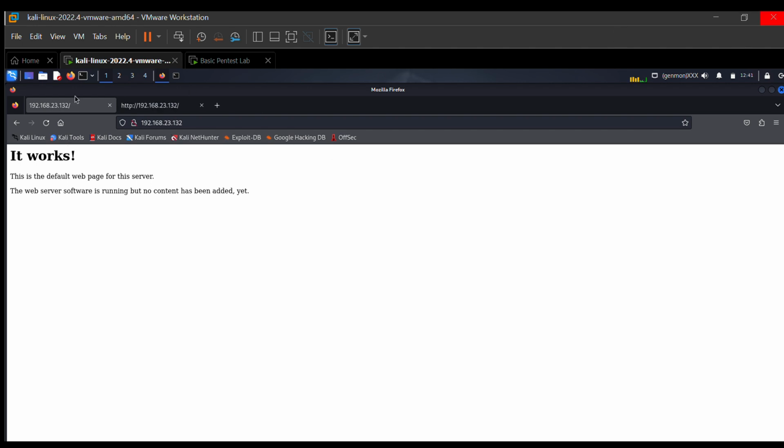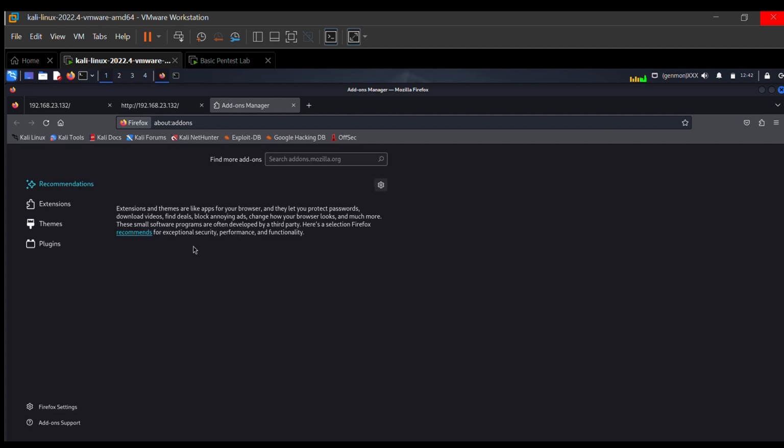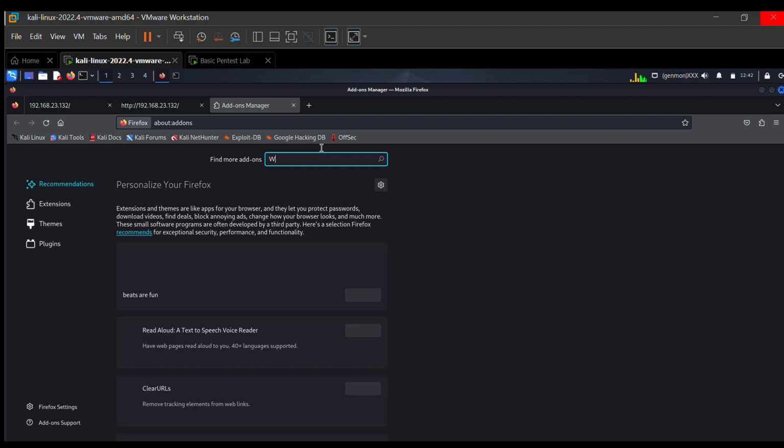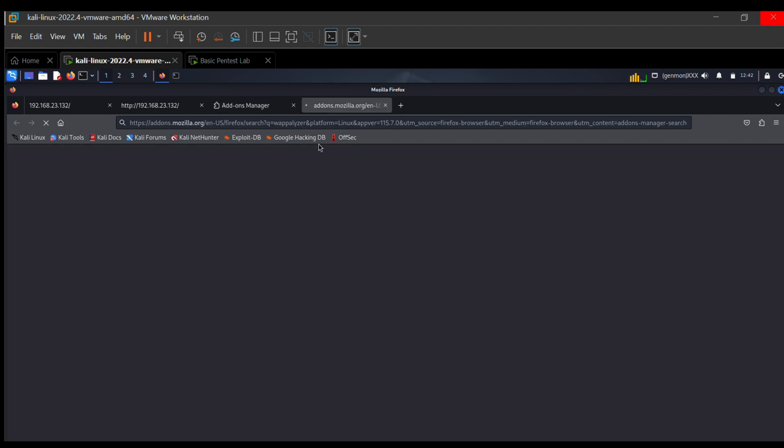Alright, so if you have your plugins, just like I taught you guys, you can perform a quick information gathering here on this particular target. Use the likes of Wappalyzer. Let me see if I have Wappalyzer as a plugin. Oh, I don't have any plugin here. I think because my Firefox is outdated, but you can check up my previous videos on active reconnaissance, where I did an extensive teaching on how to use tools like Wappalyzer to scan and get information, to see the technological stack of any